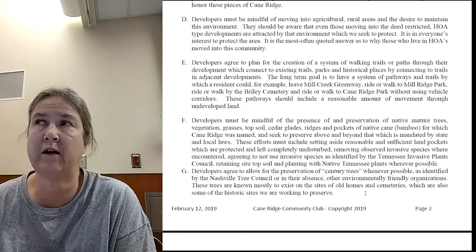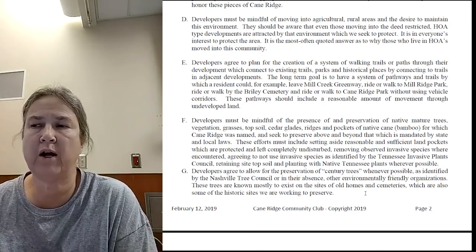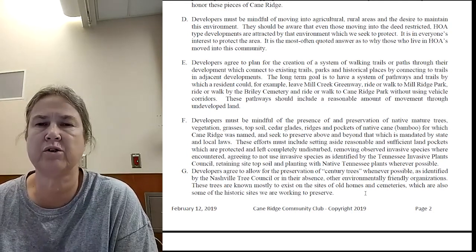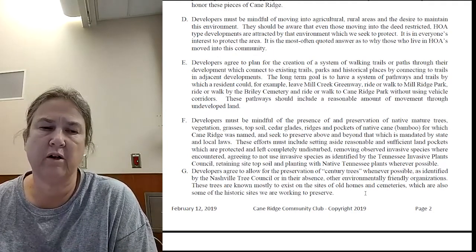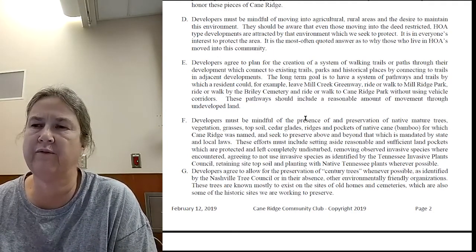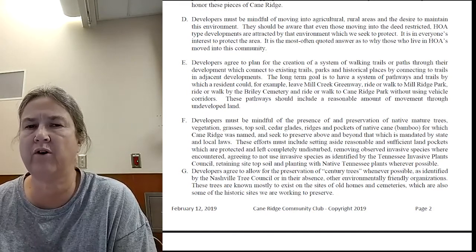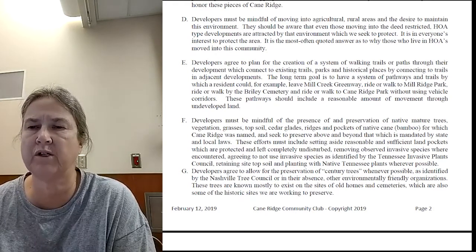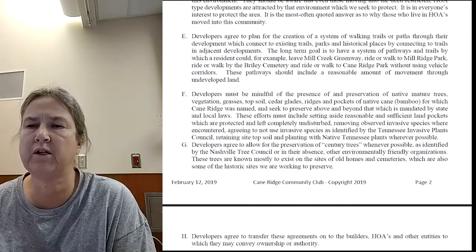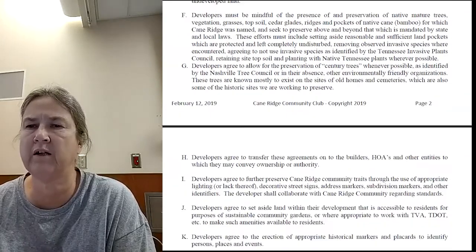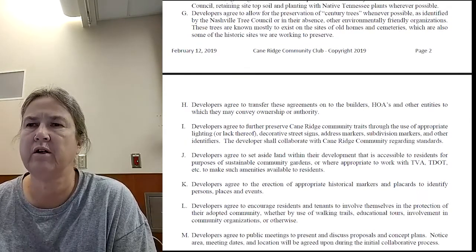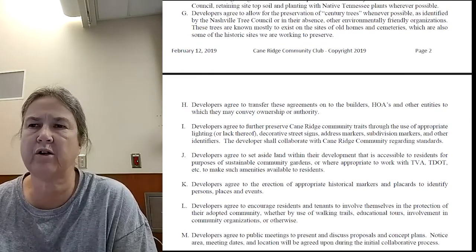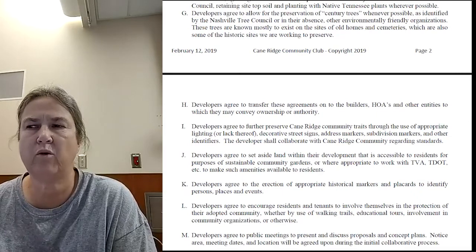We also don't want invasive species. One of the things that's happened to our area are those Bradford pear trees that didn't used to grow, but now because of the warmer temperatures, they have sprouted like crazy, and we have whole areas that have been taken over by those things. So we're working hard to make sure that no invasives are planted in the incoming developments that are done.